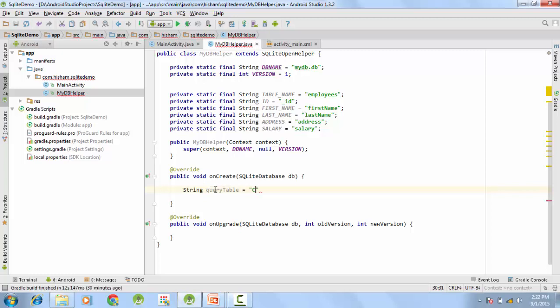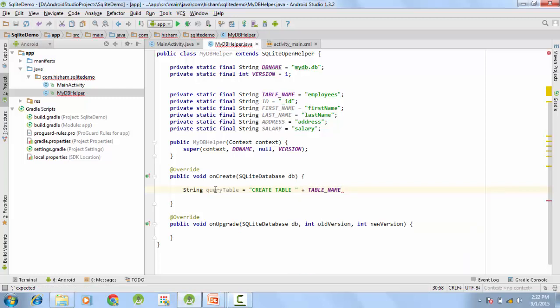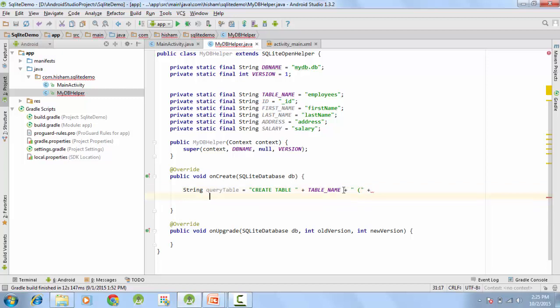So our query would be create table, table name, and after that we will need the first column, that is ID,